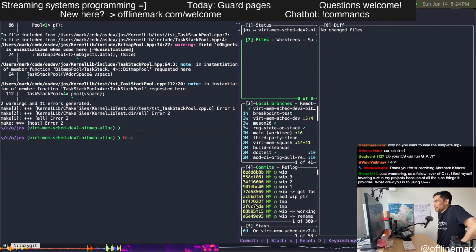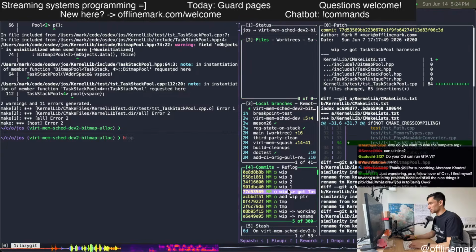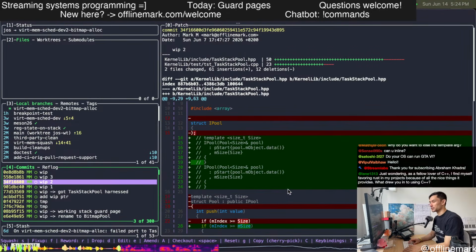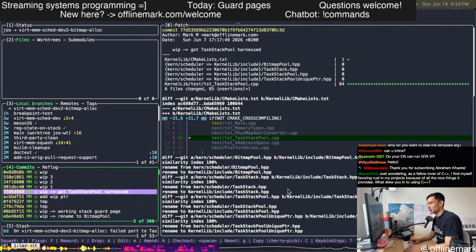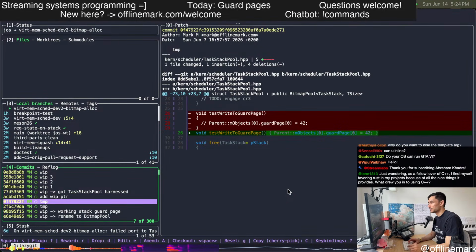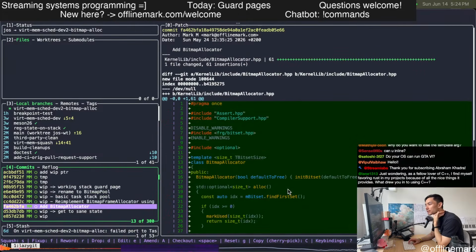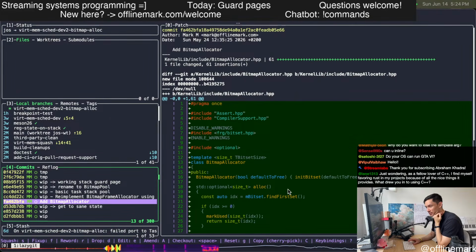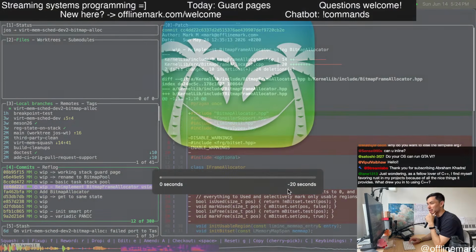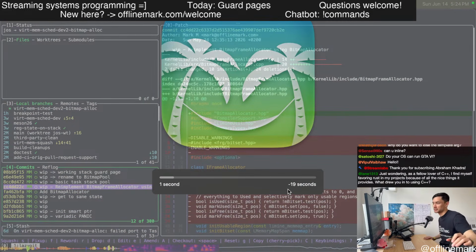So first step, let's get back to a place where we can even build the kernel. I have been stacking all these crazy layers of WIP commits, and even here's where I started working on prototyping the bitmap allocator and that whole concept. But let's all take a quick stretch.